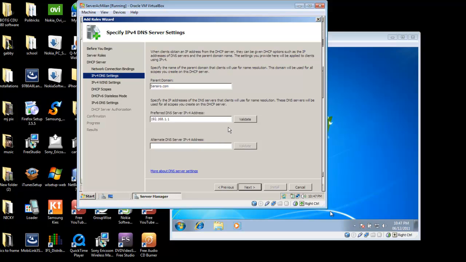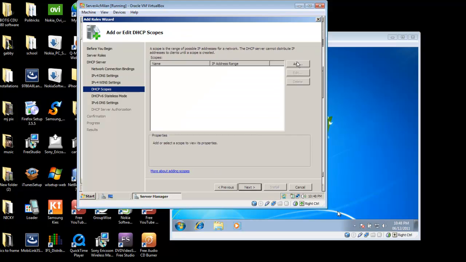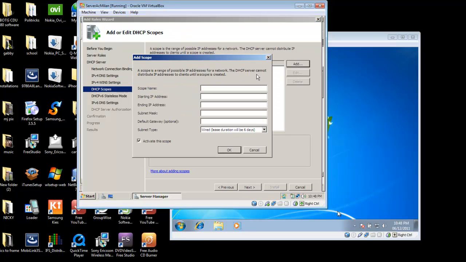And what we need to do is just validate the DNS server IPv4 address. So click on validate and then click next. Alright, we'll just click next here, and what we're going to do is a scope. Alright, we're just going to name it our first scope,